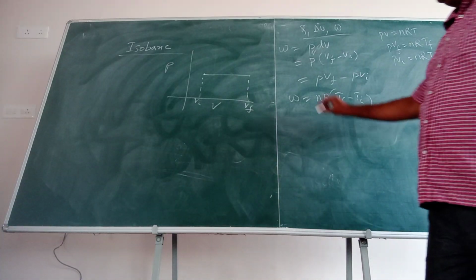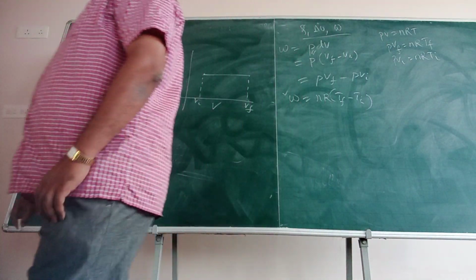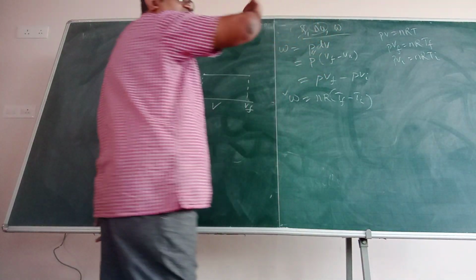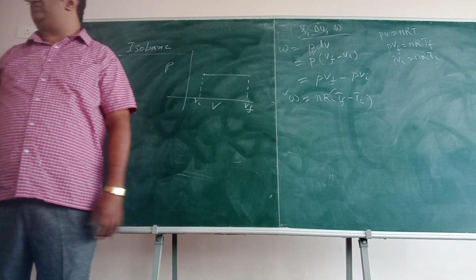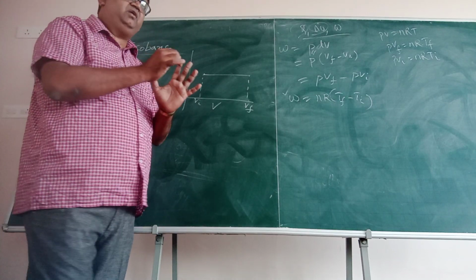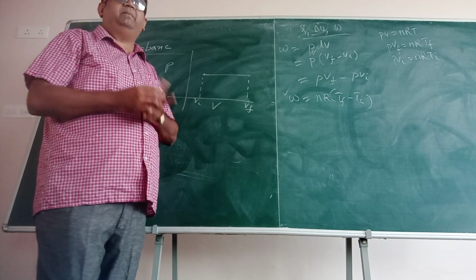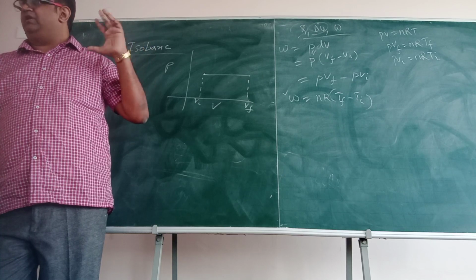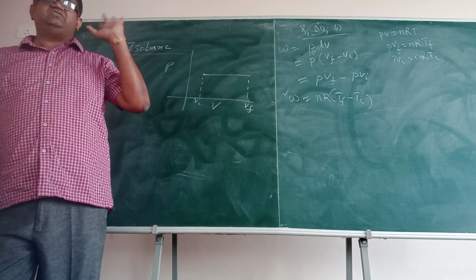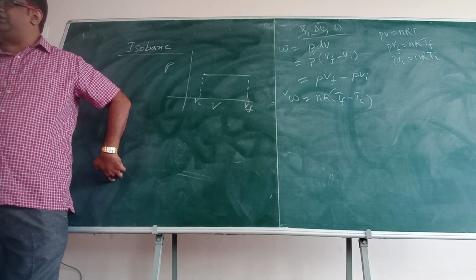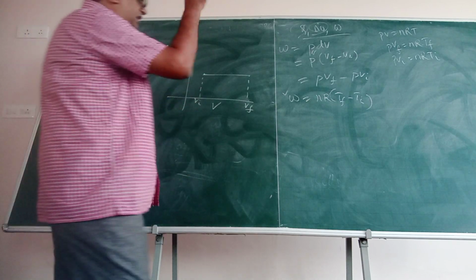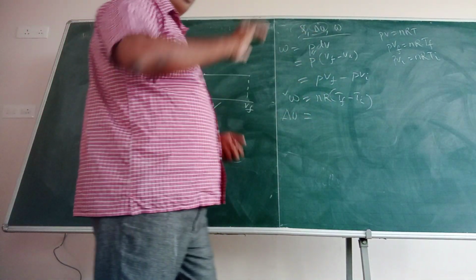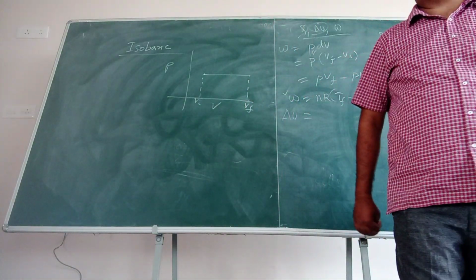And what did you calculate now? You have calculated only W. So in a thermodynamic process, what are we interested in? We are interested in knowing Q and delta U also. Delta U means internal energy. Always remember, this delta U is affected by change in temperature. When you change temperature, delta U will be affected. No change in temperature, no change in internal energy. This I have explained in the isothermal process also. So next we have to calculate delta U. Now see, if you have seen my previous video in the first class, I gave you a pressure cooker example.